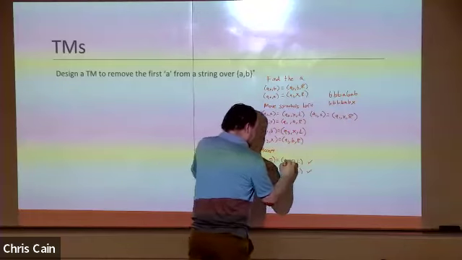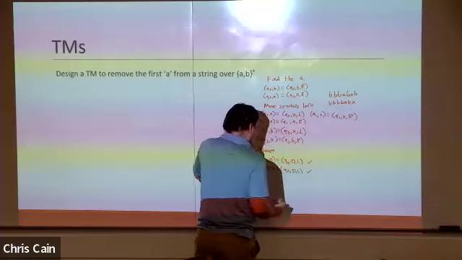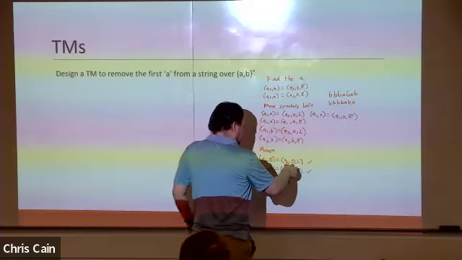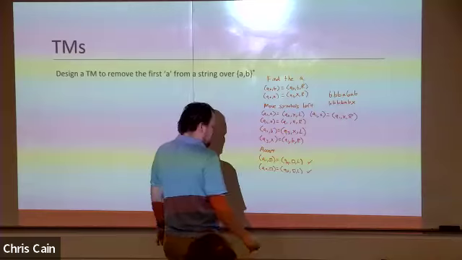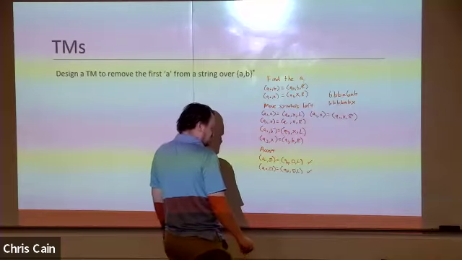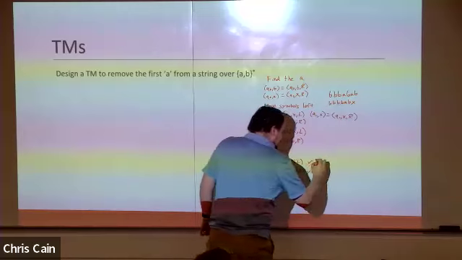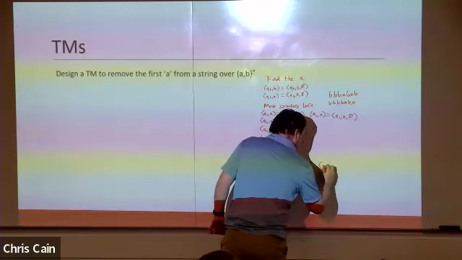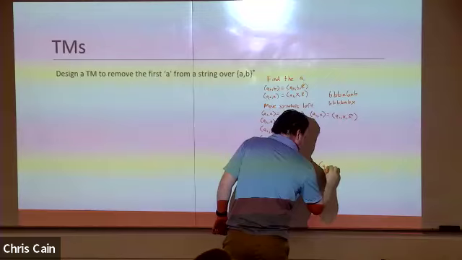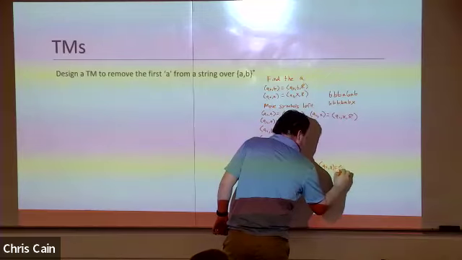The last one we've used is Q3, so this is going to be Q4. We're going to see that blank and move left. Then just write another blank and accept. Now we want Q4 on an X, we want to move to state QF,